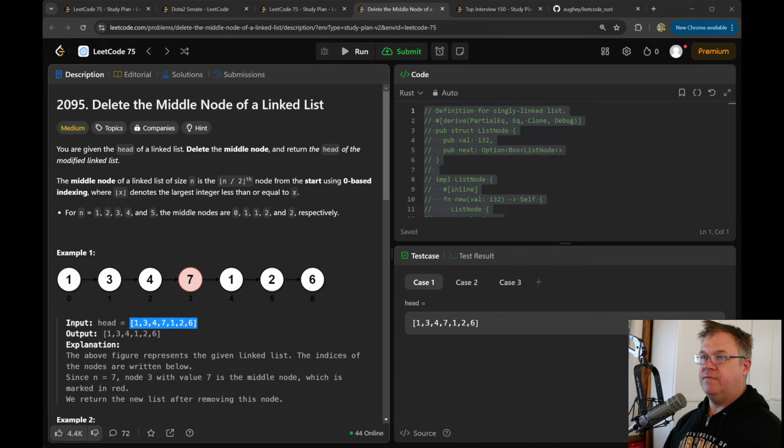Self next, replace it. Box new node. I think that's what we have to do. And then